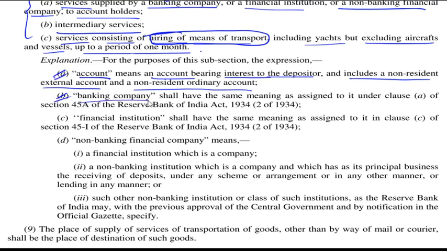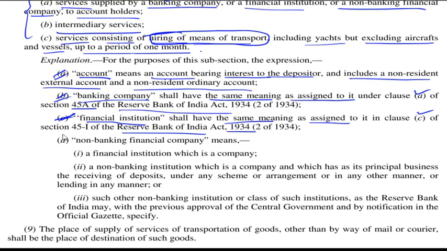Here banking company shall have the same meaning as assigned to it under clause A of section 45A of the RBI Act, 1934. Here financial institution shall have the same meaning as assigned to it in clause C of section 45I of the RBI Act